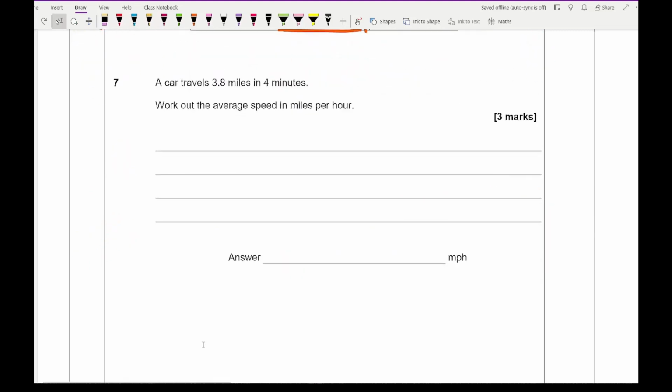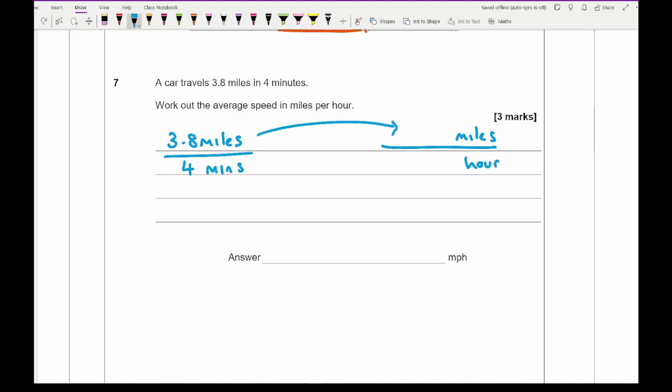Moving on to question 7, it says a car travels 3.8 miles in 4 minutes. Work out the average speed in miles per hour. So looking at this, we're going to write 3.8 miles over 4 minutes. Now I want miles, but I want hours as the denominator unit. So miles just goes straight in, so that's just 3.8. Now converting minutes into hours, I need to divide by 60. So 4 divided by 60